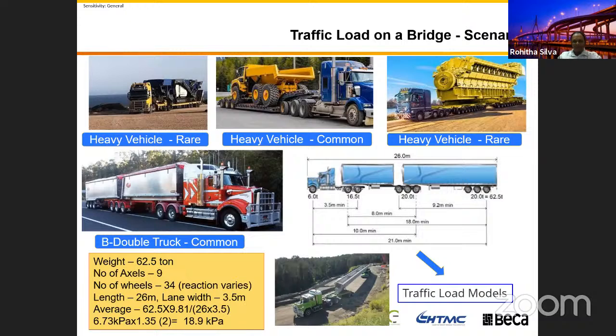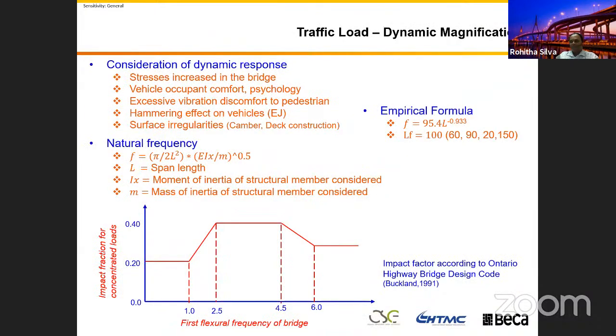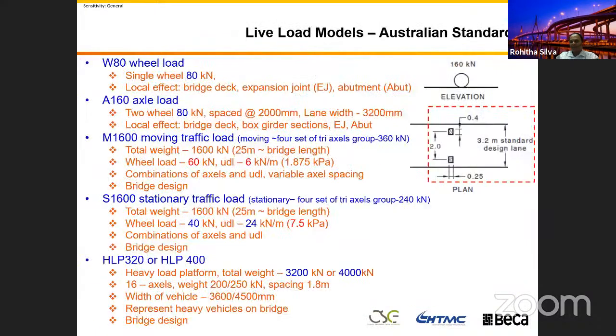If it is a 100 meter long bridge, we can have 3 trucks, one after another. If you see, the total weight we are putting on that lane is about 200 tonnes or 2000 kilonewton. But when we look at the M1600 load effect we get for that single truck